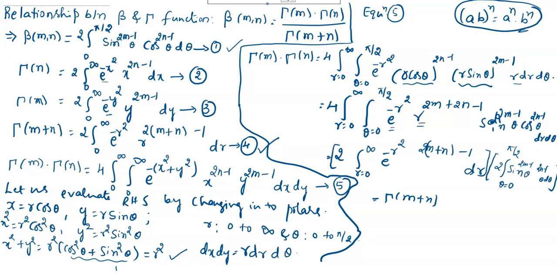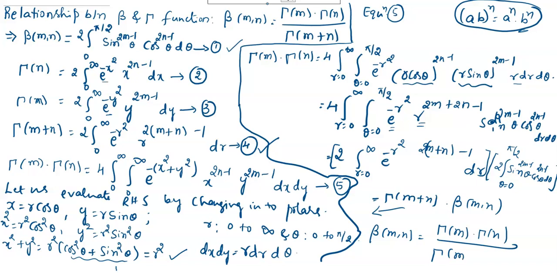Okay, fine. So this is beta of m comma n. Left hand side we have gamma of m into gamma of n. So you cross multiply this, and we get beta of m comma n as gamma of m into gamma of n divided by gamma of m plus